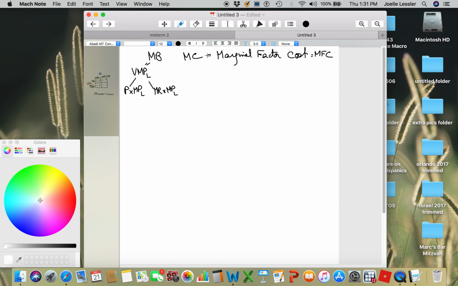So the marginal factor cost depends on whether you're hiring workers from a perfectly competitive labor market or not. So let's look at a situation where you're hiring workers from a perfectly competitive labor market. So this is the labor market, okay? Here's labor, here's the wage. We have figured out that the demand for labor is the sum of the value of marginal product of labor across all firms. The supply of labor